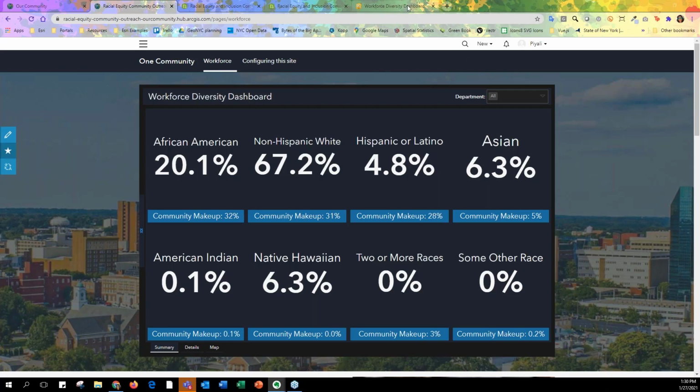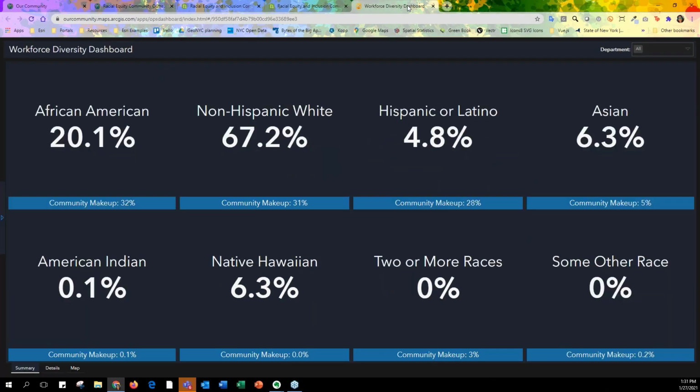I'm going to just go to a zoomed in version of this dashboard so it's easier to see. The dashboard provides two main parts. There's a summary report page that shows the racial makeup of the workforce in comparison to the community makeup. For example, can you see what's wrong here with this example organization? That's right. The Black workforce and Latino workforce hiring is very low compared to what their community makeup is. And it needs improvement in diversifying hiring or prioritizing target future funding towards diversifying the workforce and maybe hiring from